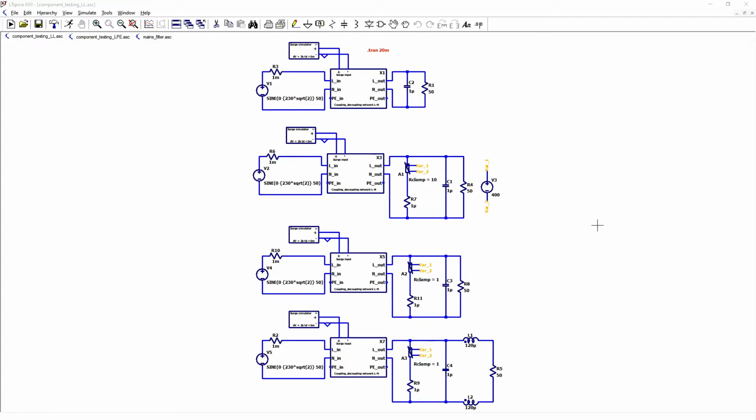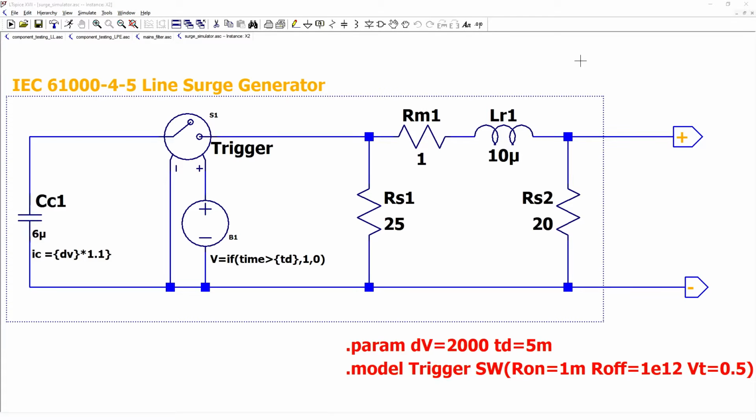Before we start testing different components for surge pulse, let us see circuits for all main components that I created, surge generator and both coupling decoupling networks that we will use for testing. This circuit is inside our surge simulator. It is done according to the standard